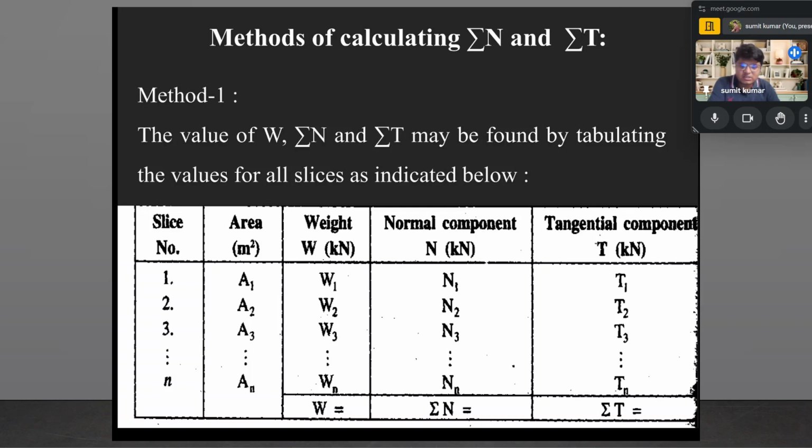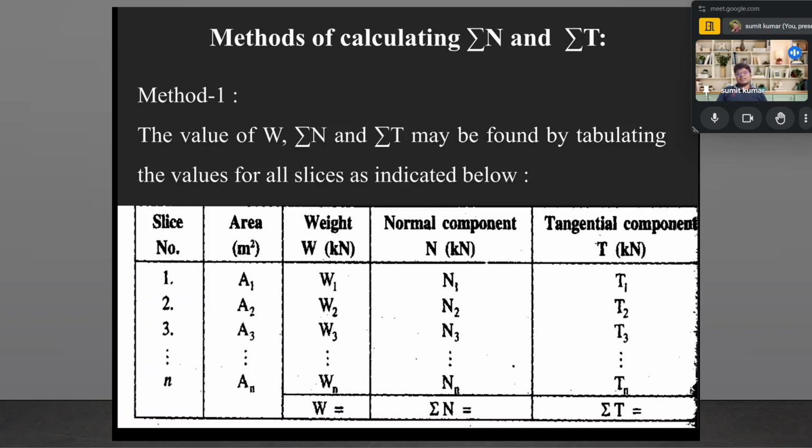Now you see one of the examples in which the question is not given but the calculation mechanism is presented. So the first method, in which first of all the value of W needs to be calculated, and for that the summation of N. Subsequently, the summation of n and the summation of t may be found by tabulating the values for the slices as indicated